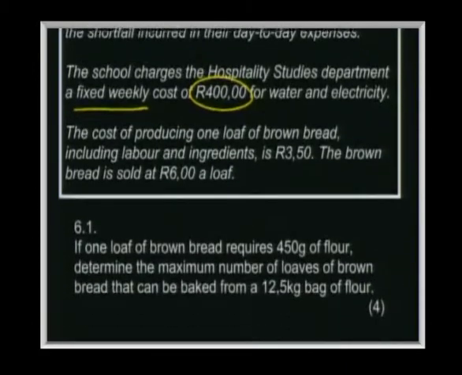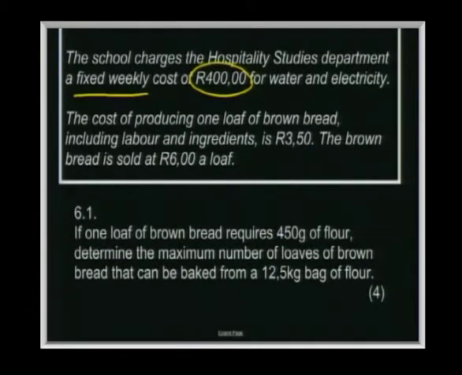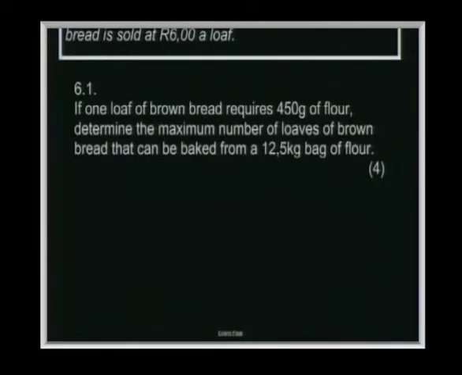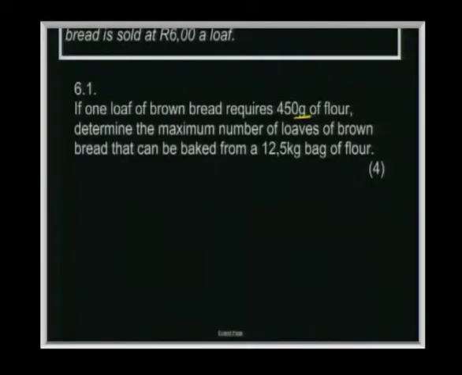Right, let's see what they're going to ask us next. If 1 loaf of brown bread requires 450 grams of flour, determine the maximum number of loaves of bread that can be baked from 12,5 kilograms of flour. Right, the first thing I noticed with this question is that they both have different units of measurement. This is in grams and this is in kilograms. And if we're going to actually use them together, we need to make sure that they are the same units. So what I'm actually trying to find out is how many 450 grams there are in 12,5 kilograms of